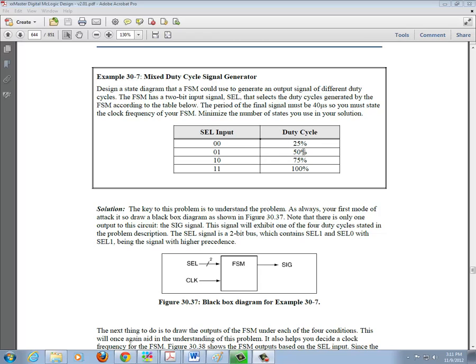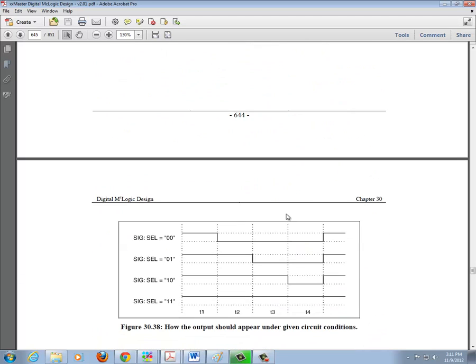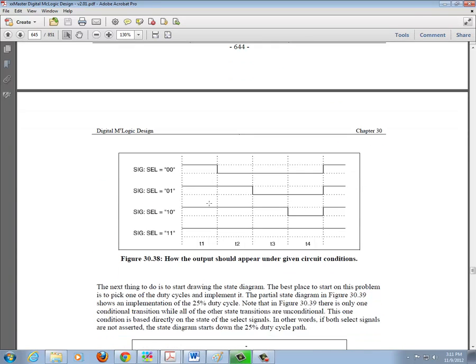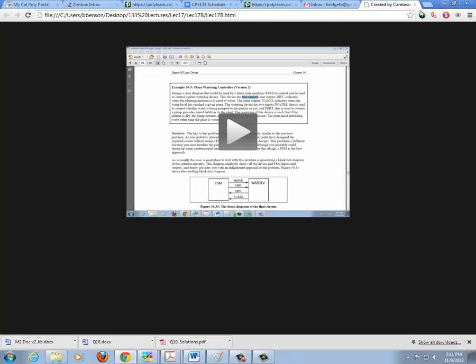For the 0, 1 input, it needs to be high for 20 microseconds to get 50%. It needs to be high for 30 microseconds to get 75% duty cycle, and it needs to be high the whole time to get 100% duty cycle. So we can actually visualize this by drawing a clock waveform diagram, which could be very helpful to help you understand the problem. So here you could see you've got these different clock periods